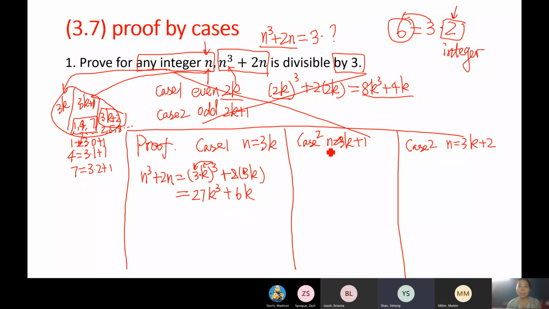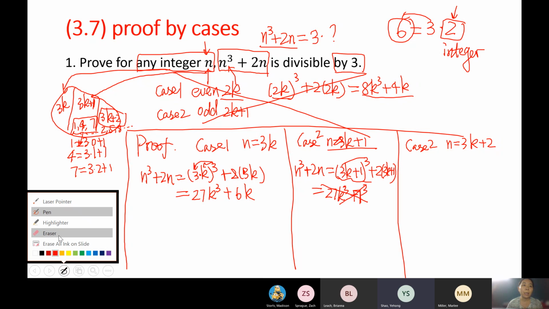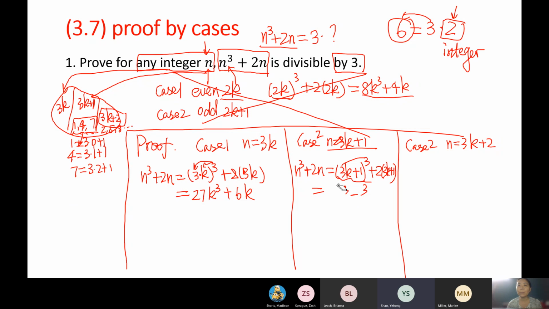But when you do the second case, when you plug in, we cannot just distribute the exponent anymore. Let me go ahead and replace it. So how do we work this out? By the way, it's not going to be 3 to the third, k to the third, plus 1 to the third. This is incorrect. It's missing a lot of terms. The correct way to do it is you have to do,